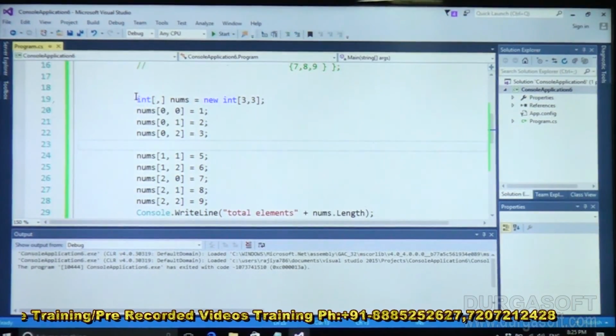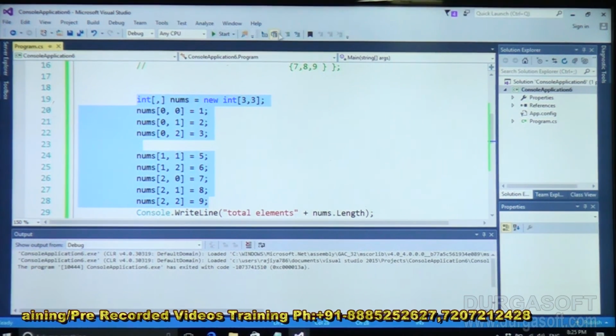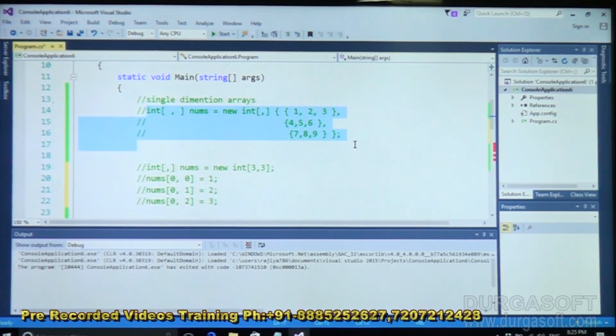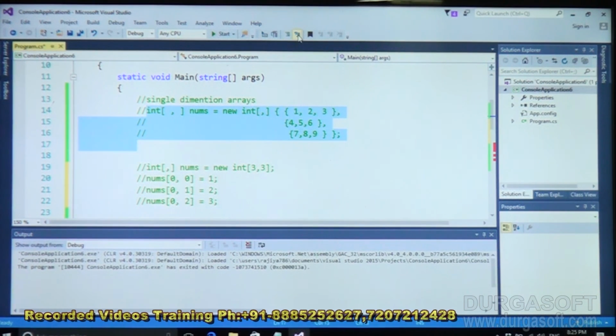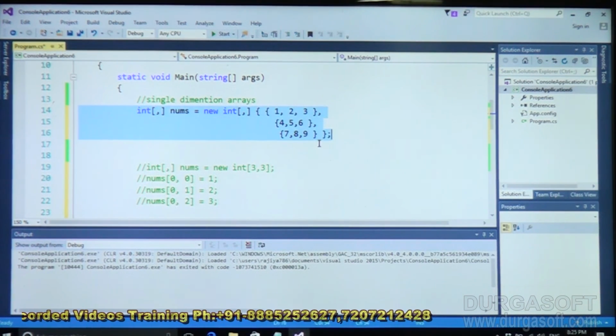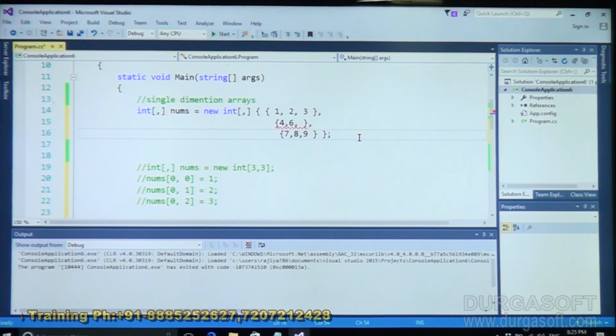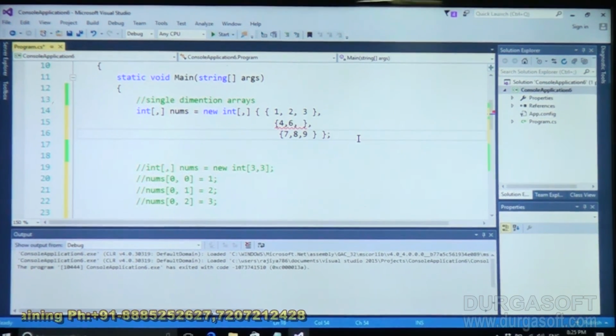For suppose in this situation I put it as a comment line, I leave it blank, I uncomment this one. In this situation, anything. For suppose I don't give anything here, put the comma and see here, it will